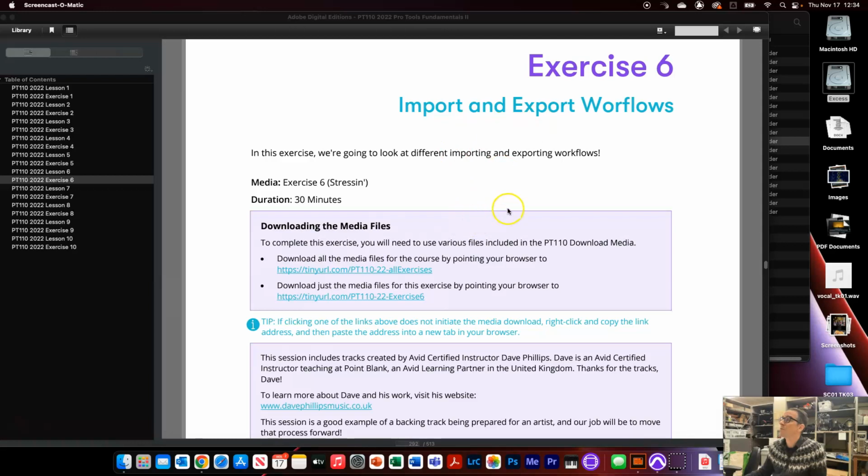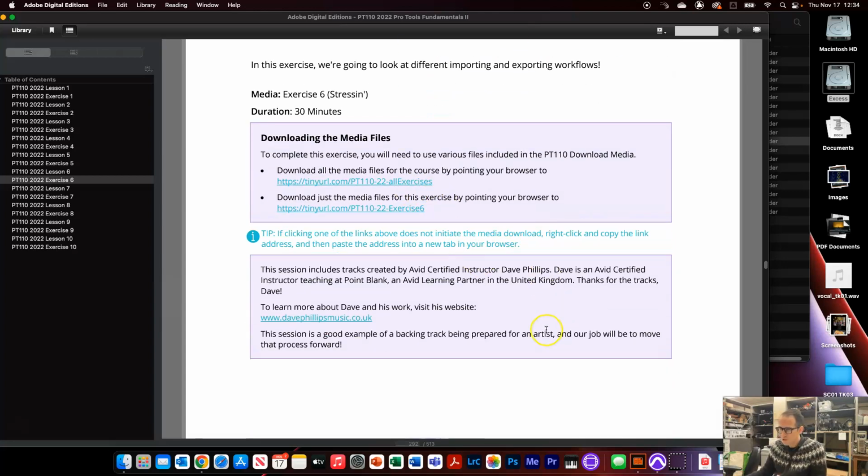And if you have the Pro Tools ebook or regular book, there is a link right here that lists where to download the media files for Exercise 6. Every chapter's exercise has a link to download if you don't have all of them on your computer already, which you should in the Documents folder. Okay,